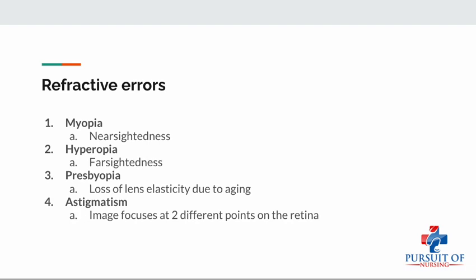Presbyopia is a loss of lens elasticity due to aging. The eye is not able to focus for close-up work. And then astigmatism is when an image focuses at two different points on the retina. These errors are diagnosed through a process called refraction. The patient views an eye chart while different lenses are placed in front of the patient's eye. Non-surgical interventions include eyeglasses or contacts, and then a patient can have a surgical intervention known as LASIK to